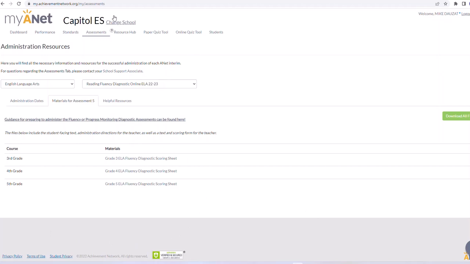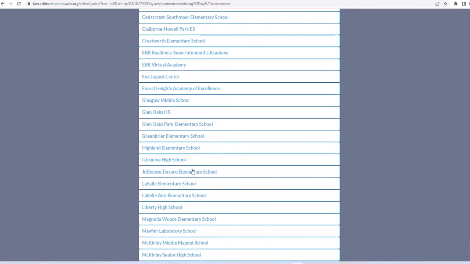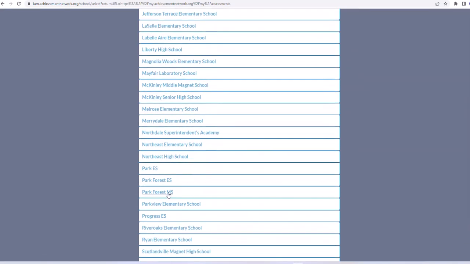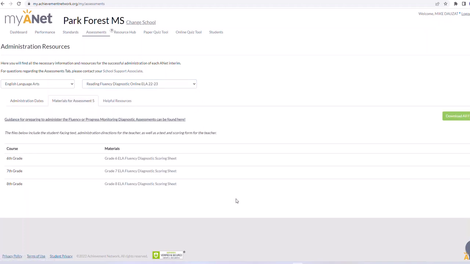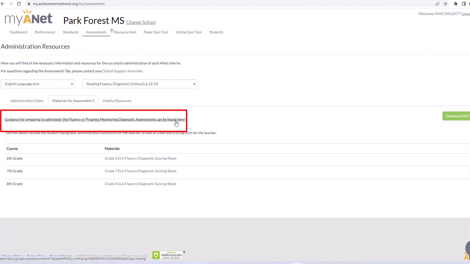You have the same thing for high school. So I'm going to go back to Forest Middle. It's right here. I'm going to go to Reading Fluency and the materials. You see this right here where it has guidance for preparing to administer fluency or progress monitoring diagnostic assessment can be found here. This is important. So when I click on this,